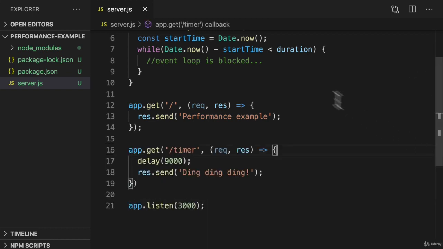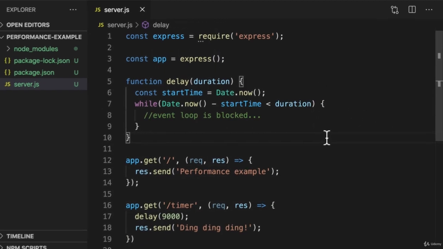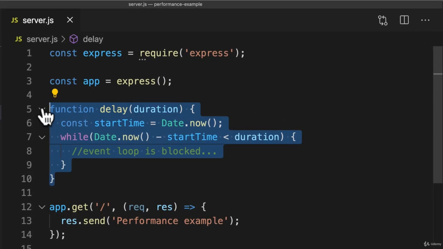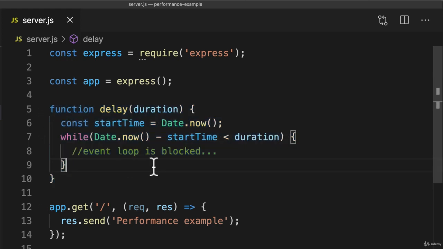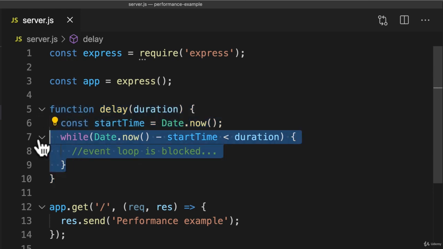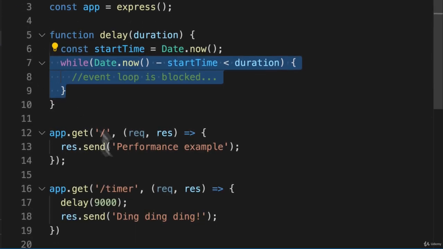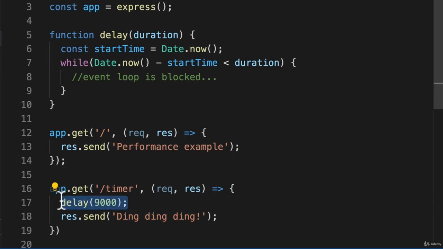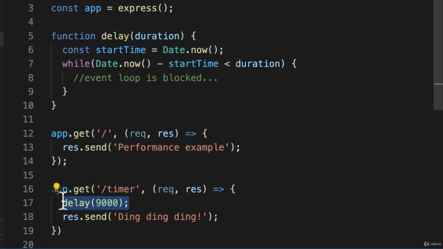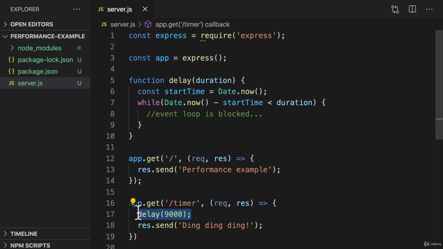Our CPU and the event loop are really, really busy here, spinning on this condition as fast as our CPU can go. Our event loop won't continue until our delay function returns, which means our server won't be able to